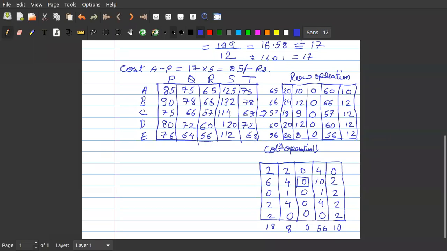Okay. And if I have allotted job R to B, can I allot it to A? No, sir. Job R is allotted to B, I cannot allot it to A. I cannot allot it to C, so I'll cut this 0. I cannot allot it to D, so I'll cut this 0. I cannot allot it to E, so I'll cut this 0. Okay. Is it understood why I have cut these zeros, students? Yes, sir.